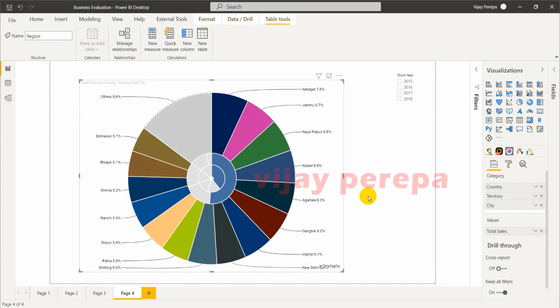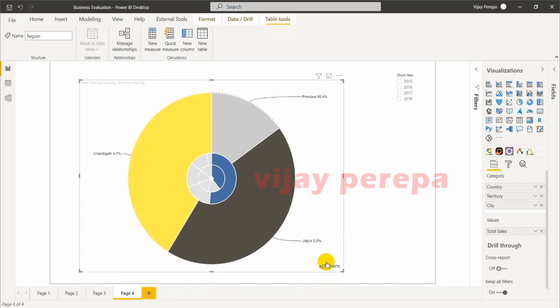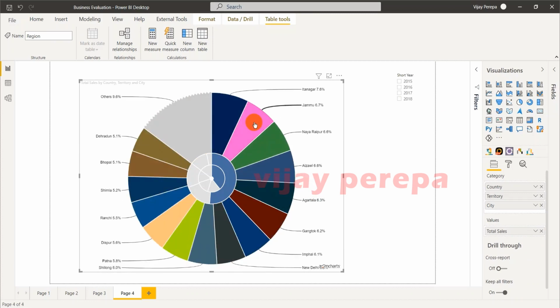Now I would like to see what this others is. If I click on that, Chandigarh and Jaipur are a very small part of the entire data. That is why they have been clubbed into others. So now you can see this is 5 plus 4 is 9, 9 plus 9.6 something, and 90.4, which will be 100%. If I go back to the previous view, you can just go to previous and click on that white portion. So you'll come back to the north breakup along with others.